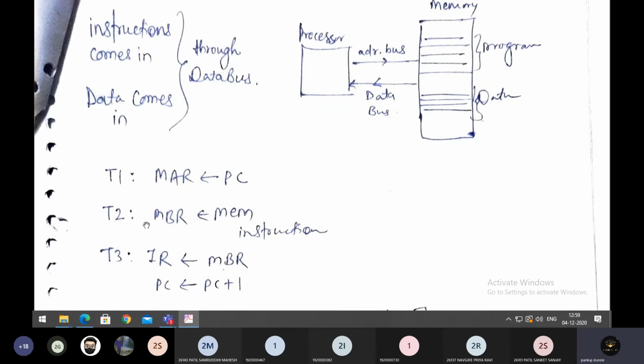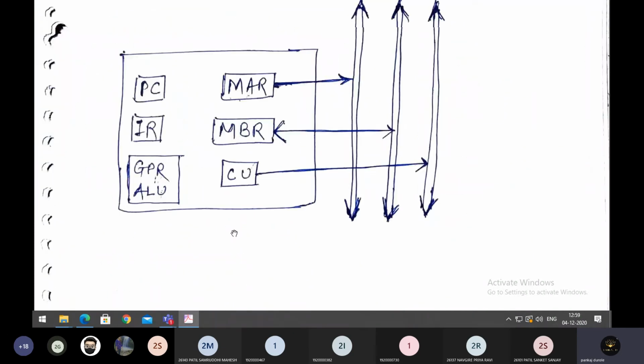Here you can observe in the second clock state what is happening. The instruction from the memory, of course, and the associated data is going to the MBR, memory buffer register. Now the memory buffer register has some data. It gives it to the instruction register, because the instruction register will take the first instruction and the associated data to be executed.